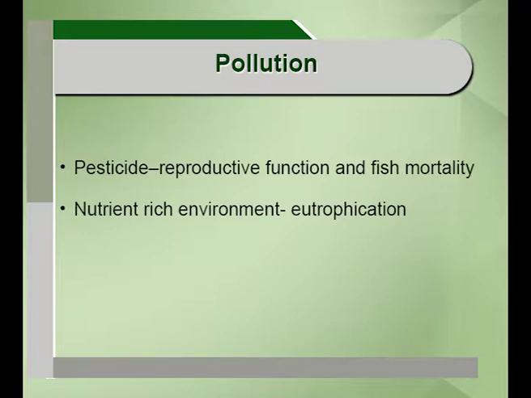In that case, there is a difficulty for the fish to survive. And this eutrophication will lead finally to what? Algal blooms, finally to toxic environments, and finally to the loss of fish population. And one important thing as far as pollution is concerned, I would like to stress an important component, that